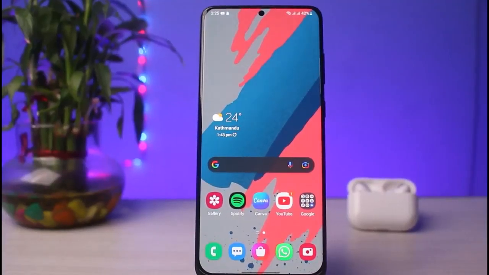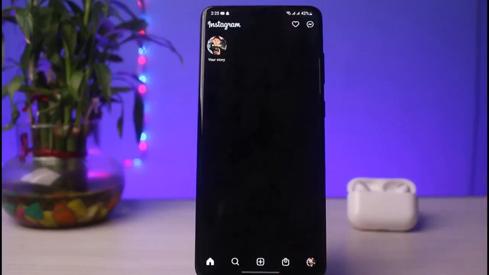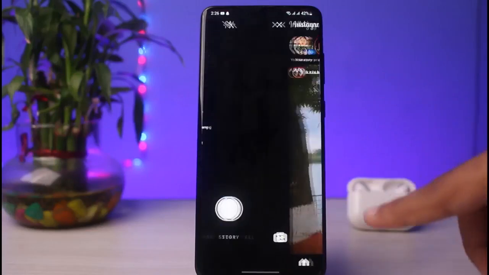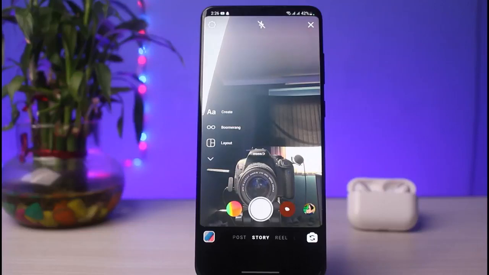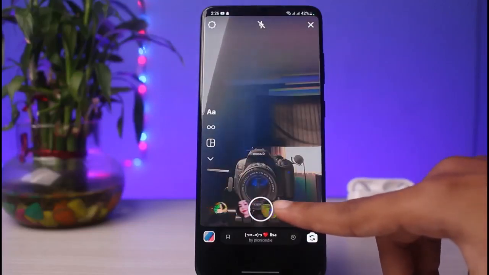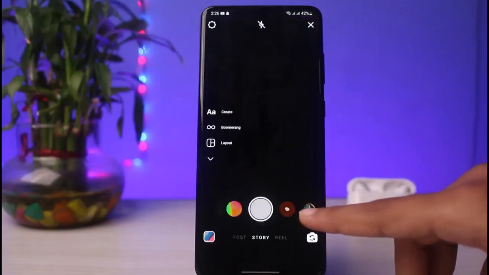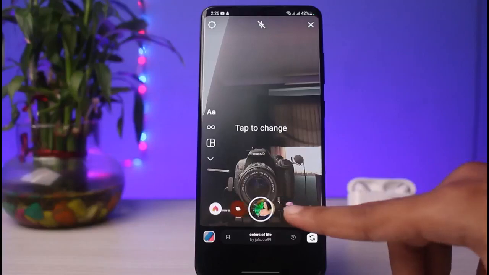In today's video, I'll show you how you can fix Instagram when effects or filters are not being shown to you. So let me show you an example. First of all, let's open our Instagram app, and now once we swipe to the right, it will take us to the camera page where on the bottom side we can see all of the different filters and effects of Instagram. So these are all of the effects or filters of Instagram, but in your case, if it doesn't show